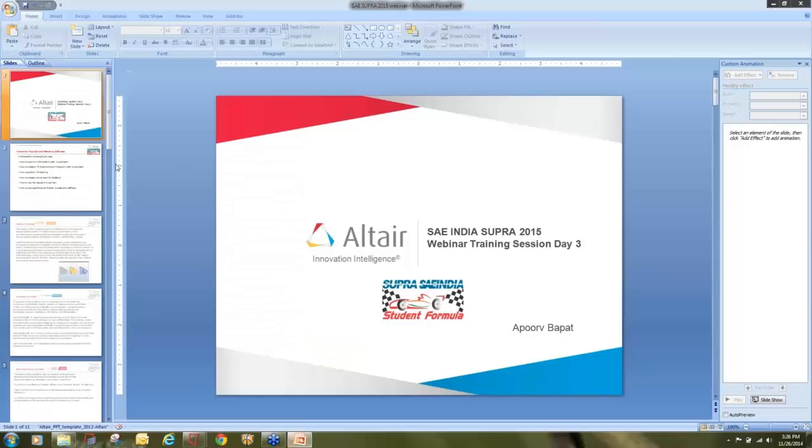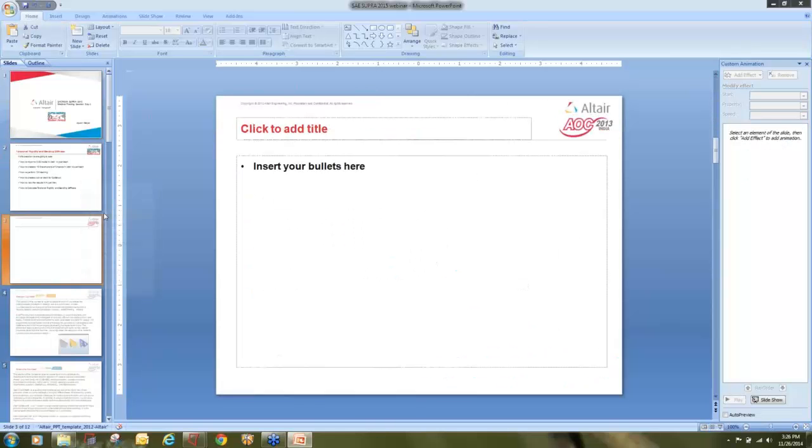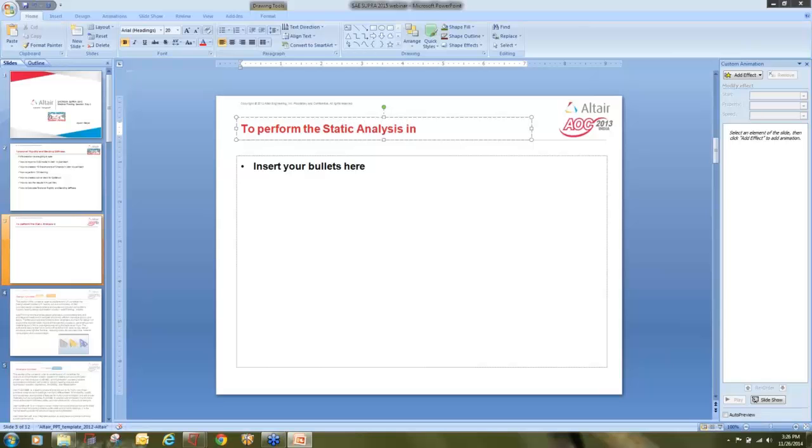So there is a process for that. To perform the static analysis in OptiStruct, there is a process called